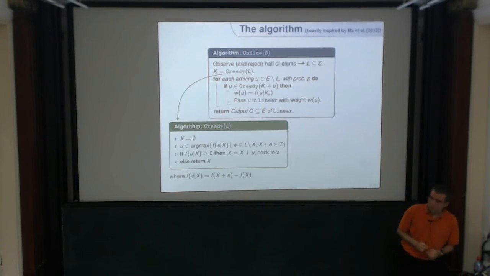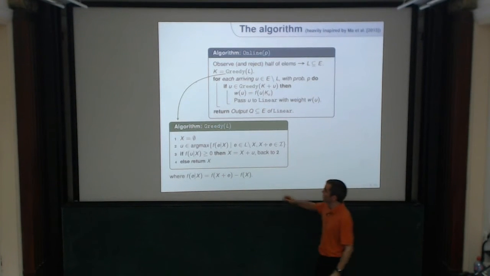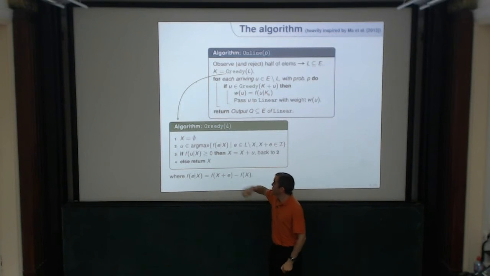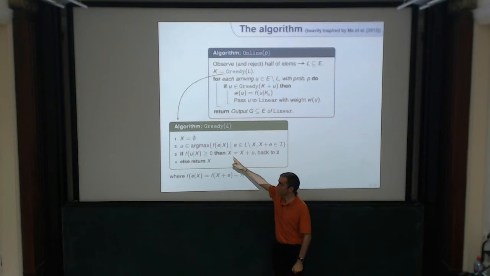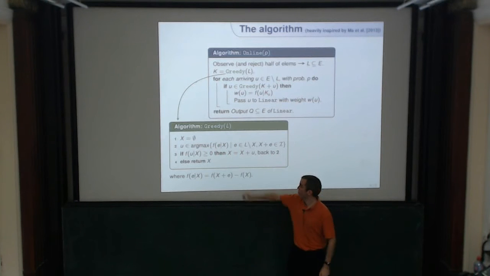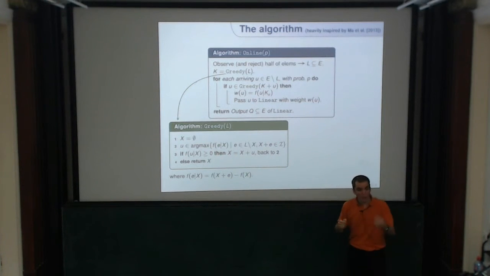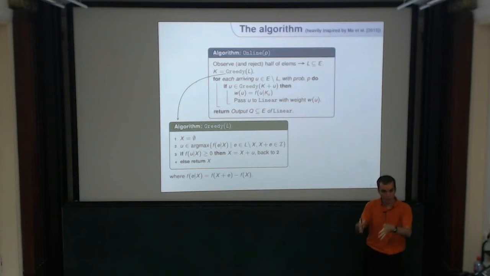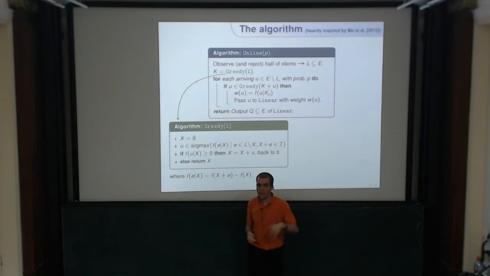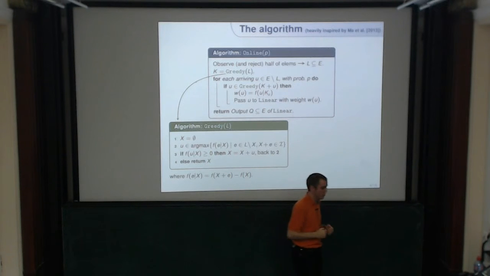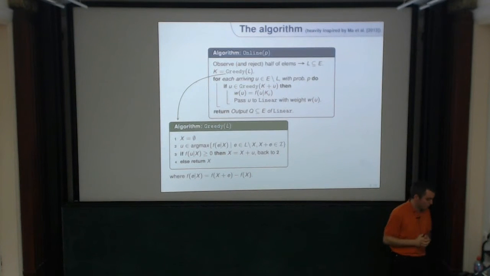Again, I can be explicit here. It's the algorithm that simply starts with the empty set, checks whether there's any element we could add to the current set without destroying independence, and picks the one that has highest marginal return, if the return is non-negative. It's a complicated way of saying: as long as you can find an element you can add and improve, do it. Here I have larger or equal to 0, so sometimes you may add elements without improving. It doesn't really matter. I could also have written strictly larger than 0. This doesn't make a big difference. So essentially just improve step by step as long as we can.